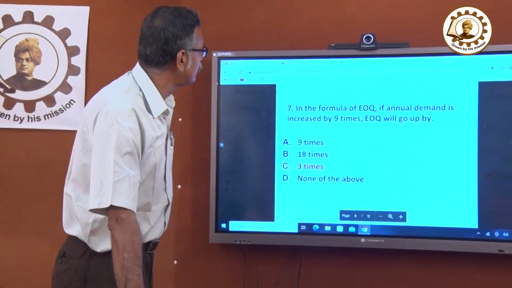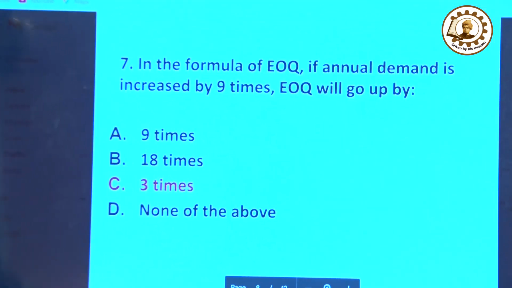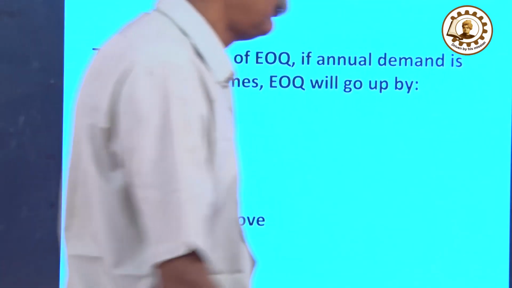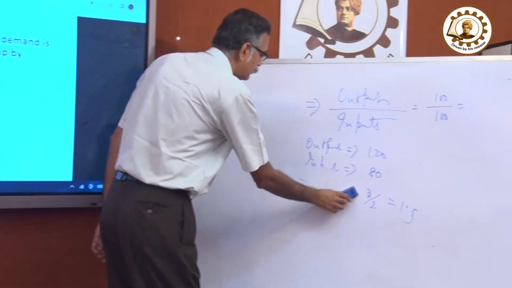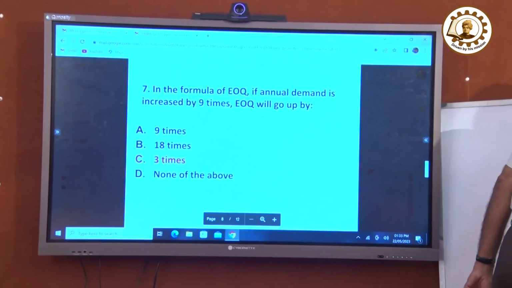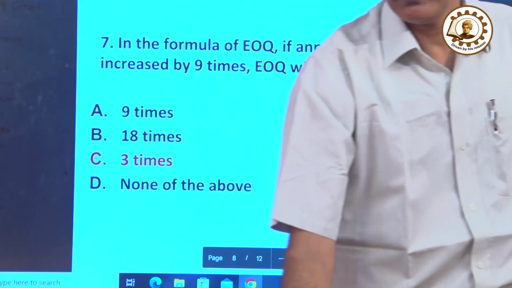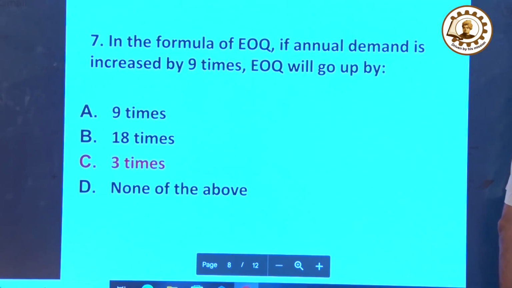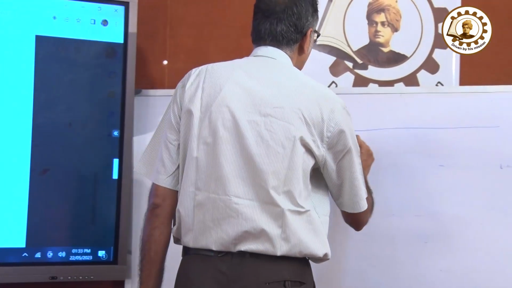Now next question, question number 7. In the formula of EOQ, if annual demand is increased by 9 times, what will be the impact on the economic ordered quantity? Just look at the formula. Although we have discussed it in the earlier slides, still here we should write it once again. The formula of economic ordered quantity